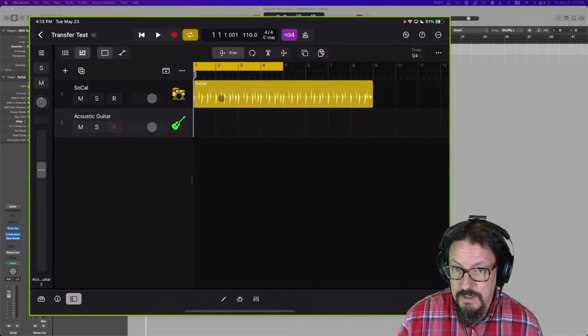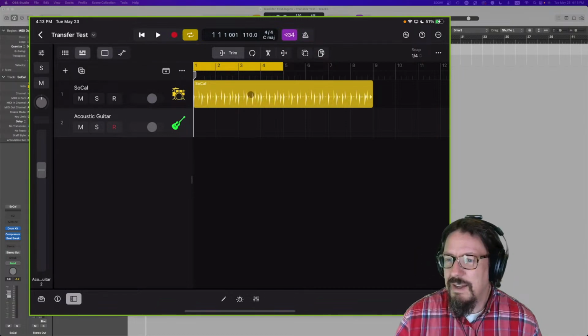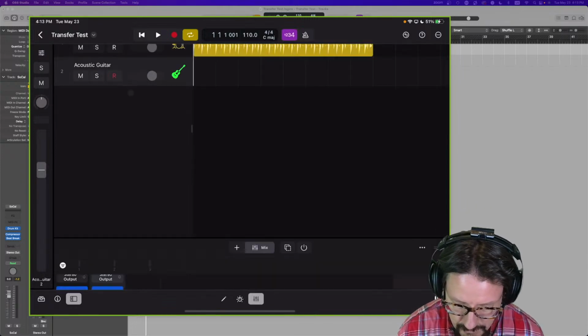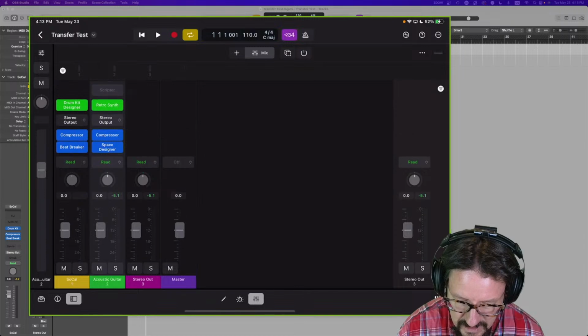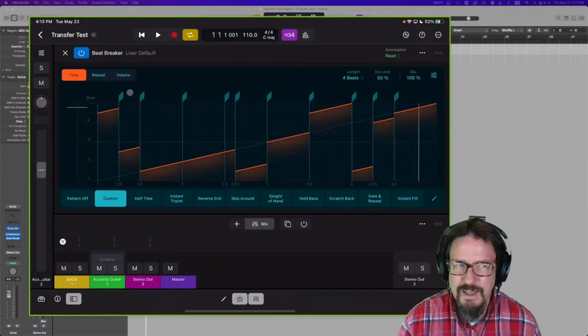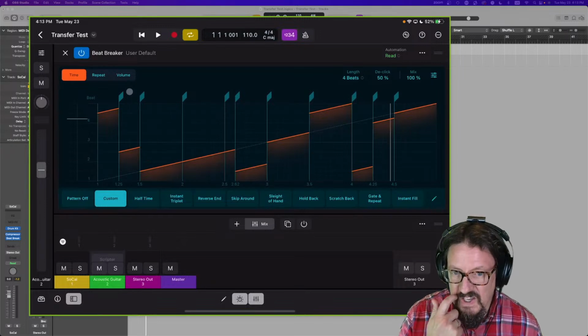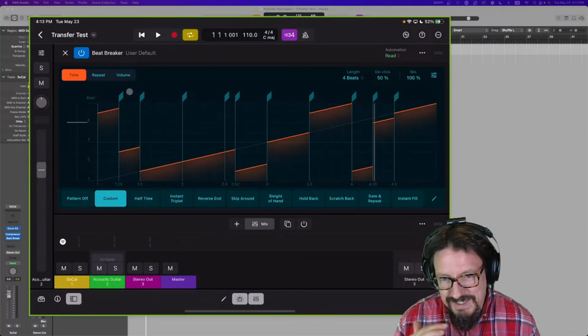So otherwise it's great. Now, I will say, right off the bat, let me go back to my mixer, because I was testing this out. So here's the beat breaker, right? I love the beat breaker. This thing is going to be one of my new favorite things. Except